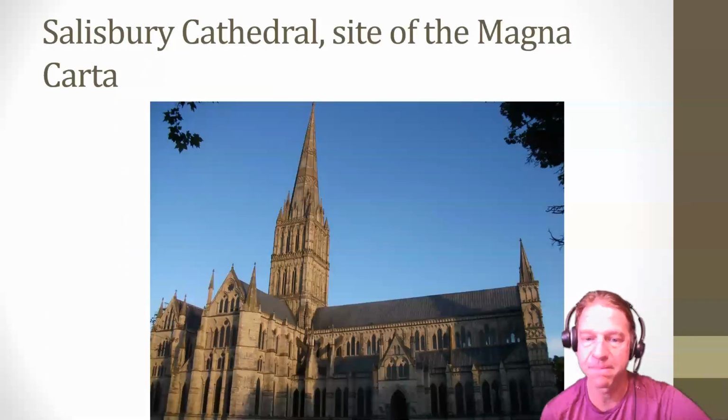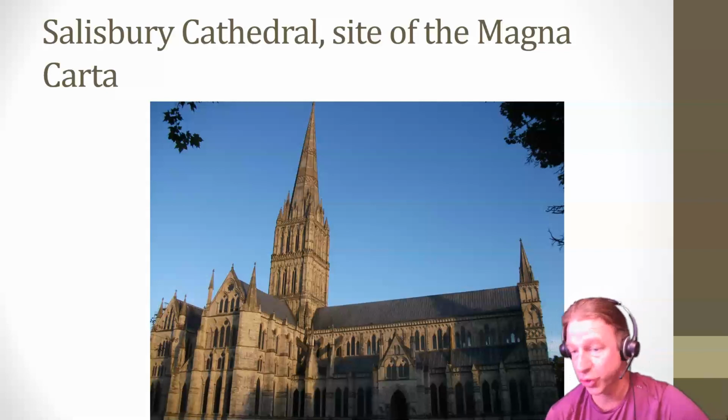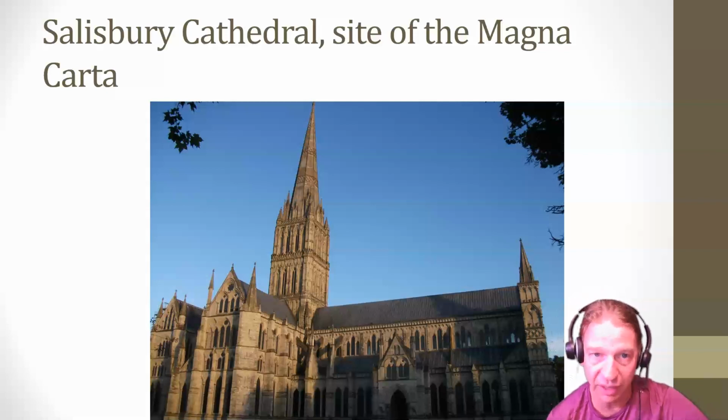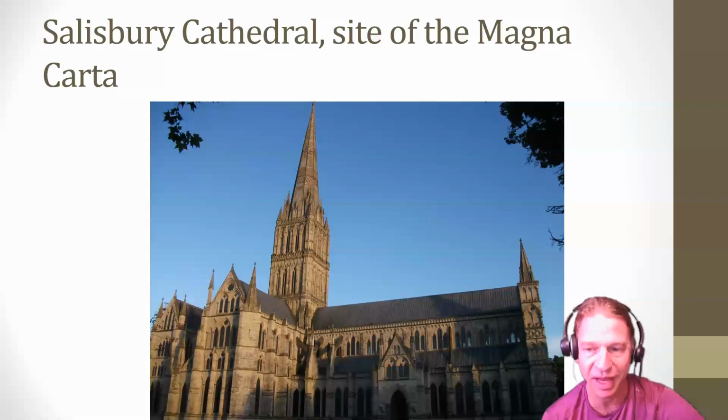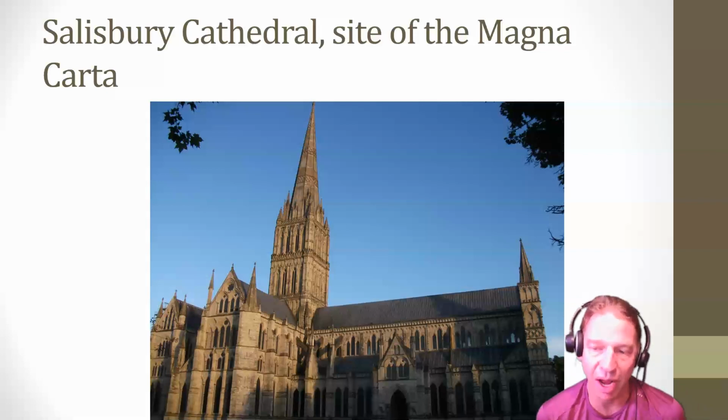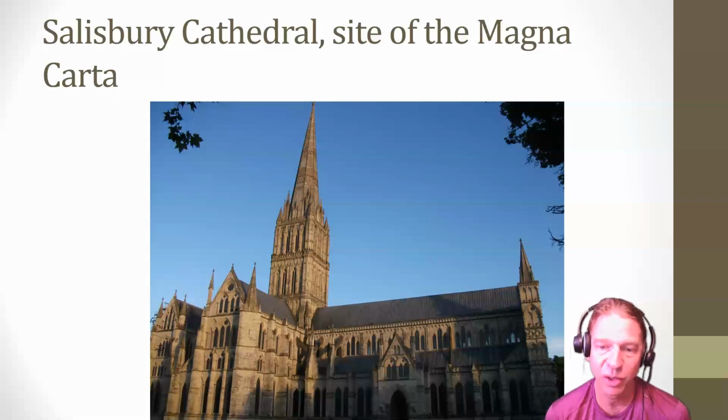This is where you can see the Magna Carta, which is located inside of this church. There's 3 original copies of it, but one is located in this church in Salisbury, which is in the southwest of the United Kingdom, and it's near Stonehenge. So if you ever go to visit Stonehenge, you're probably going to have to stay in Salisbury, or at least go through Salisbury, and it's a perfect opportunity to go visit this integral document, a document that really creates the groundwork for not only the limitation of the English monarchy, but the groundwork for the idea that subjects and citizens are owed certain rights within their society.